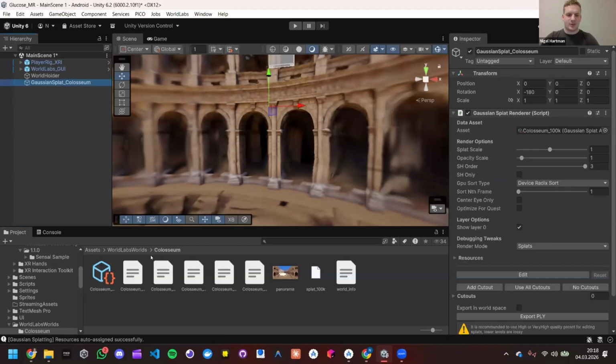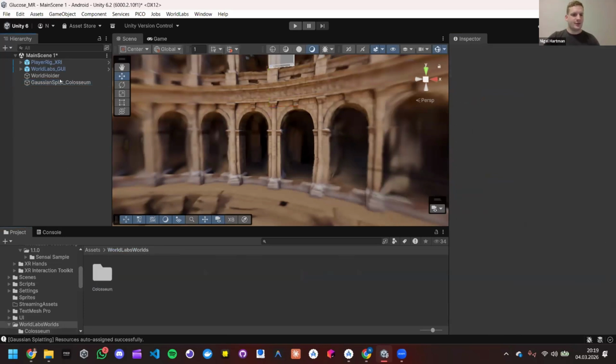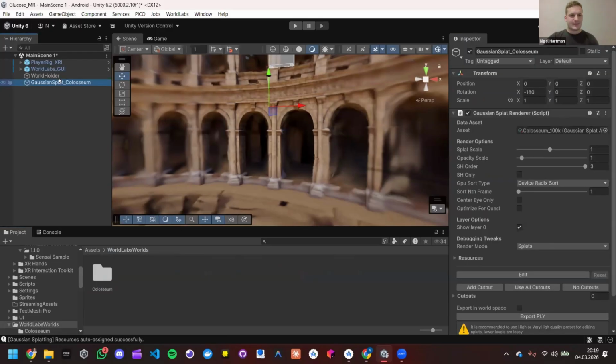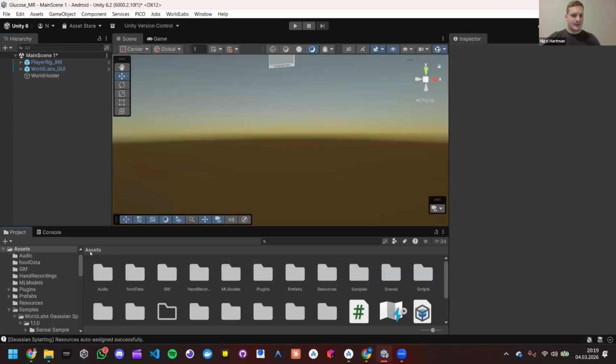And in theory, if you have multiple worlds already imported in the editor here, you could also just change this asset programmatically in the script and just change your world. That would be one way to achieve that. An alternative would be, if you want to have a one-time application, then you could